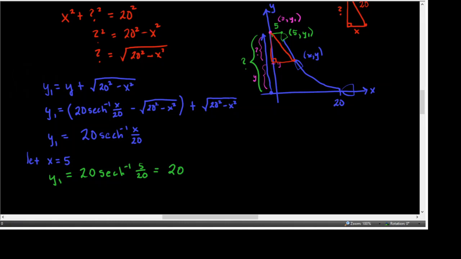Inverse hyperbolic secant of x is defined as ln of 1 plus the square root of 1 minus x squared, and we've already decided we're letting x be equal to 5, divided by x, which again we've decided is equal to 5,